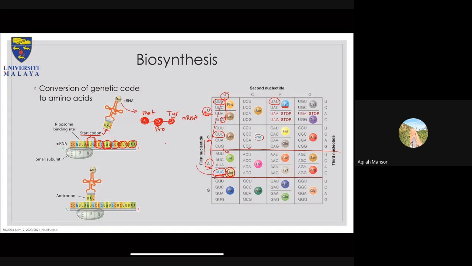And of course, it sounds weird. Why does every protein start with methionine? Well, methionine is just used as the first amino acid during the synthesis. However, during post-translational modification in the Golgi apparatus, this will be cleaved off. Of course, it depends on the protein itself. Some proteins might have it, some proteins might not have it. So it all depends on the biological process, and it will be cleaved off.